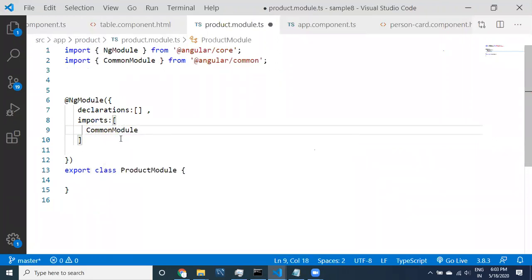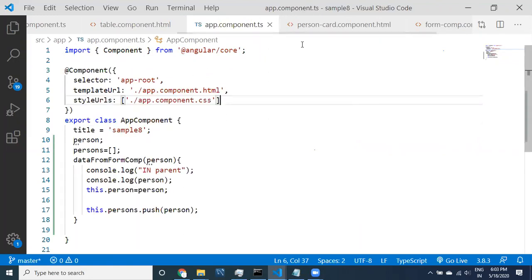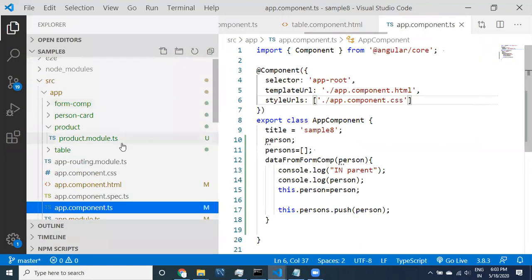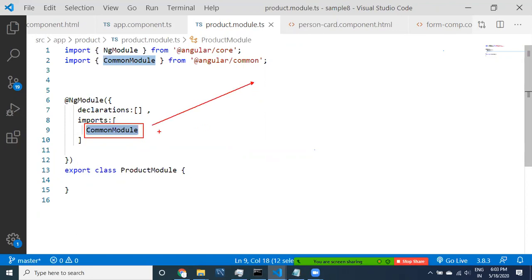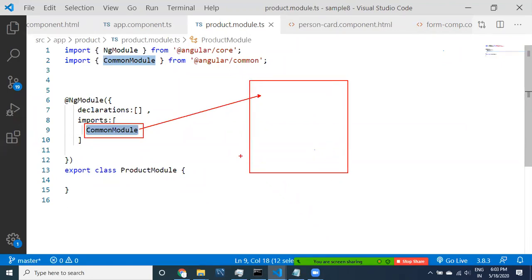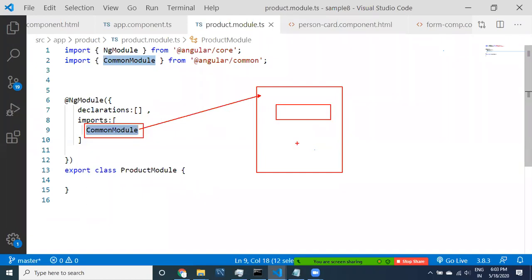Let us go to, where is that, sorry. See here, guys, what is this? Common module. So what is the common thing here? What does this common module contain? Components.